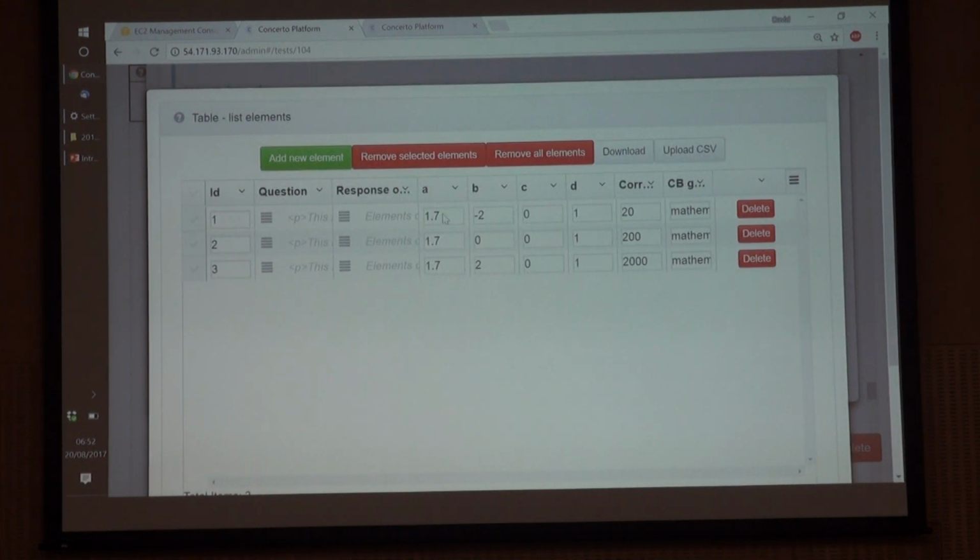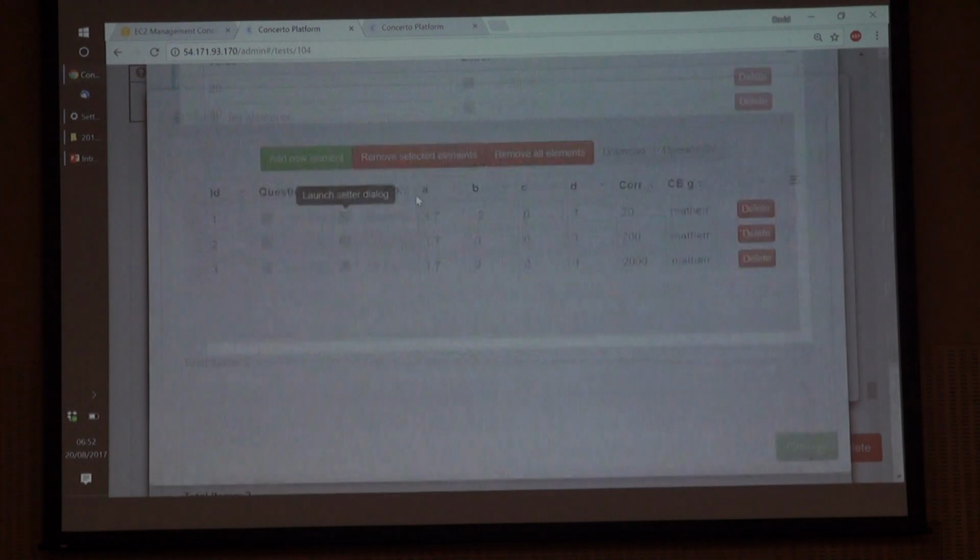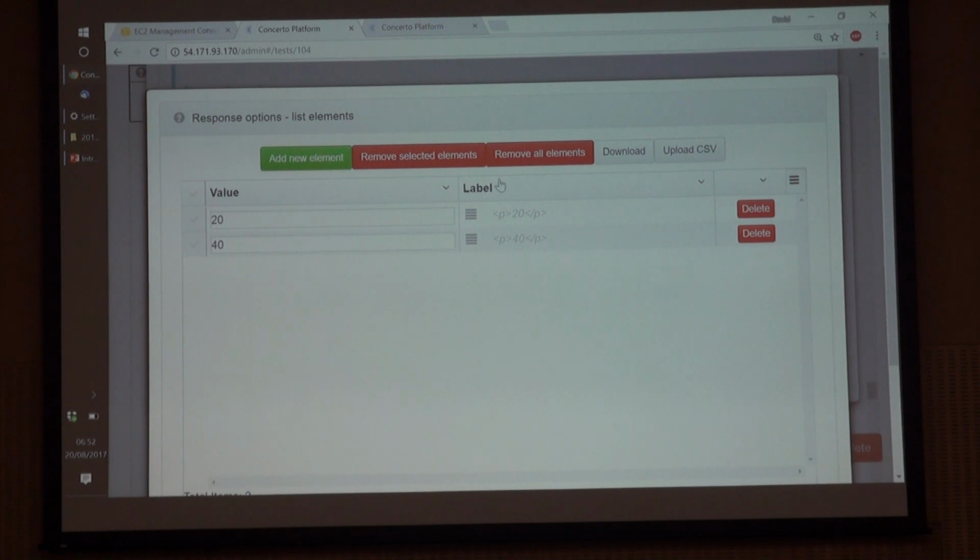Okay, and you can see the parameters here. So b minus 2, so that's the easy item. This one 0, so that's the medium difficulty, and this is the hard item there. As I say, it uses 4PL, so you've got C and D, which are 0 and 1, which means there's no guessing, there's no inattention. Correct answer, and all the rest of it. Similarly, these are the response options.